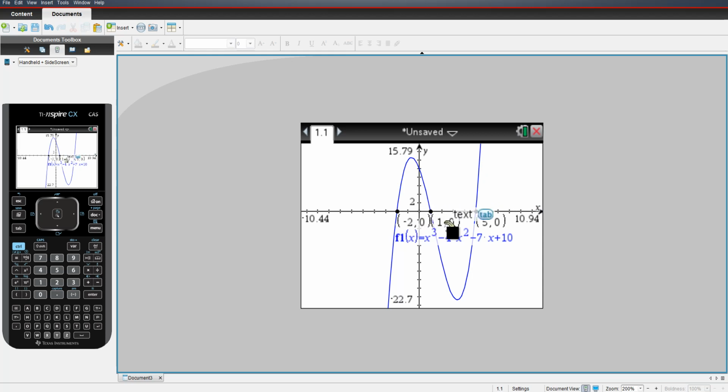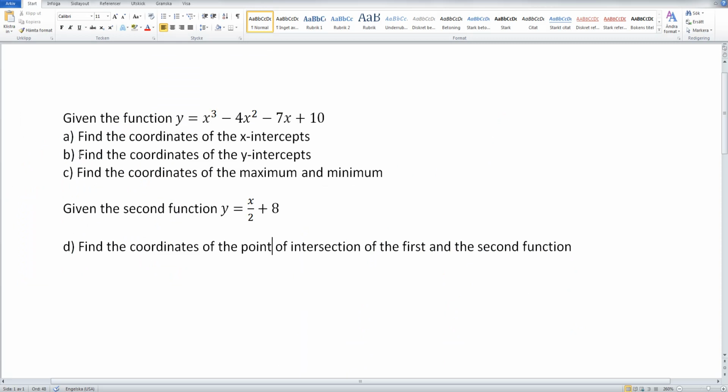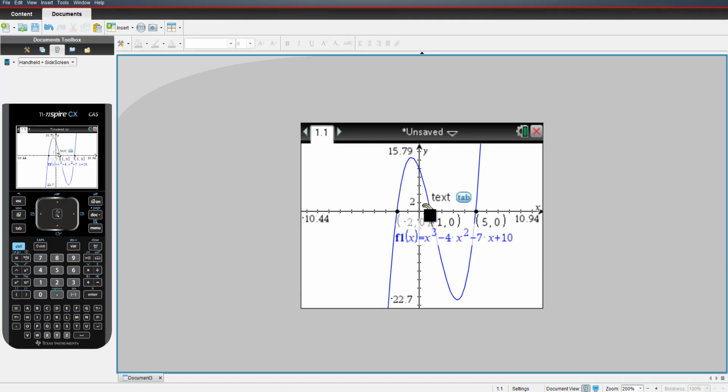Here they want us to find the coordinates of the y-intercept. So where is the graph of the function crossing the y-axis? Well, here, of course, x is 0, and it looks like y is 2, 4, 6, 8, 10. So 0, 10. There's a couple of different ways to do this. Let's see, we can do